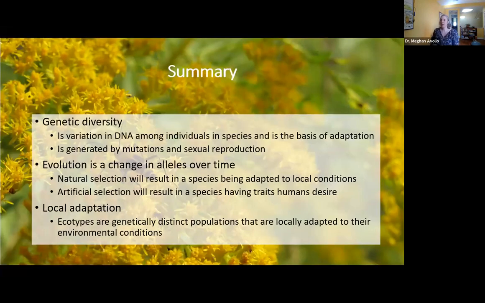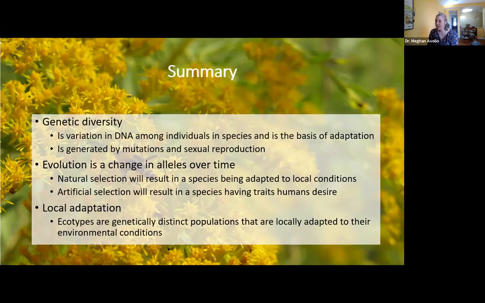So that is all I have prepared for you today. I just want to end with a summary. Genetic diversity is the variation among individuals within a species, and it's the basis for adaptation. It's generally generated via mutations and sexual reproduction. Evolution is the change of alleles over time, and natural selection will result in a species being locally adapted to conditions,